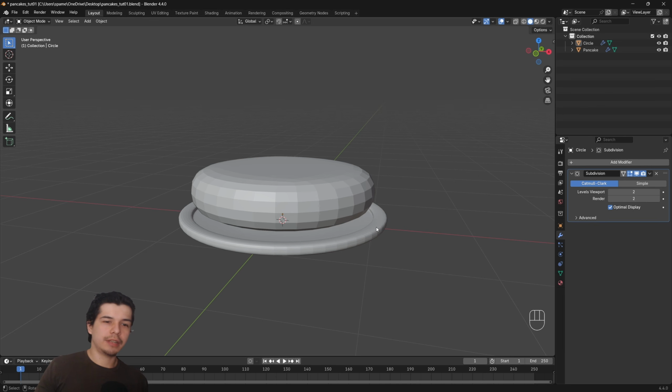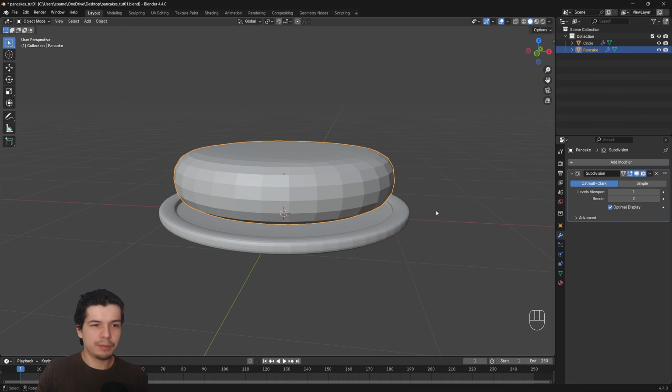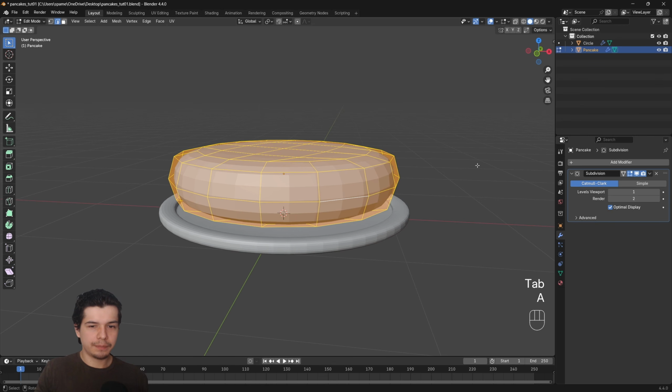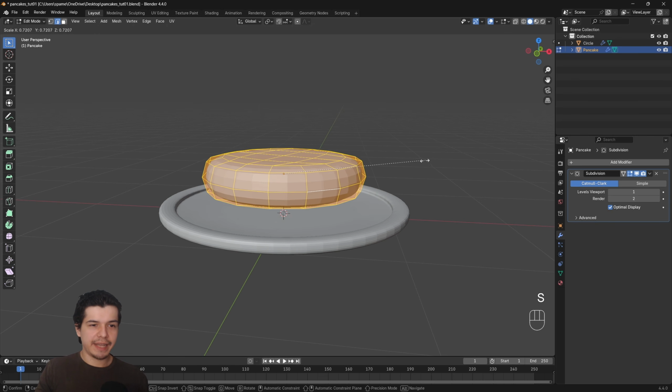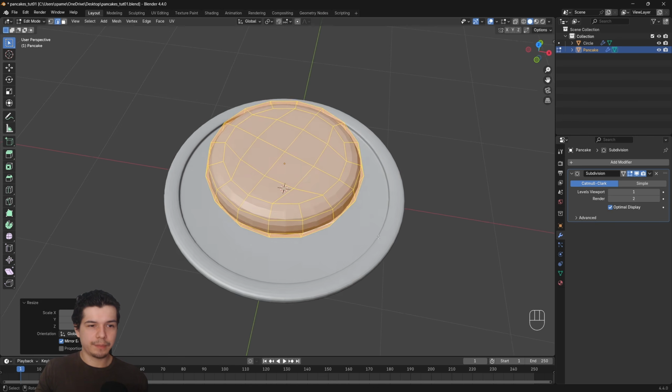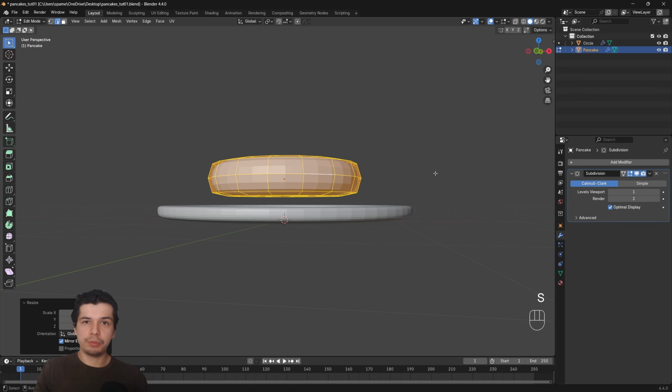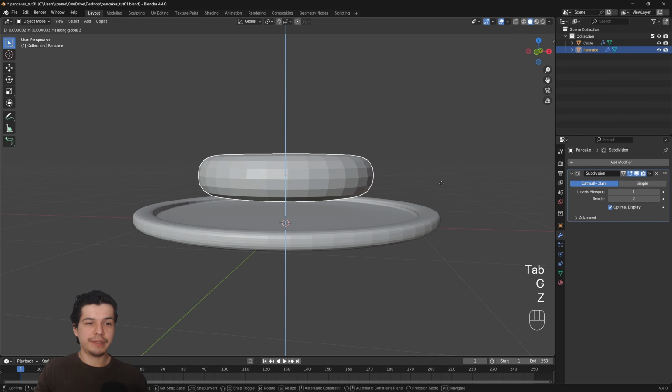We will make a larger plate or a smaller pancake. And I will make the pancake smaller due to everything being quite large. So let's go to edit mode of this pancake. Press Alt, A, S. Scale it a bit down, maybe like this. Yeah, I like this. Go to object mode, and I will move it with a G, Z, and move it